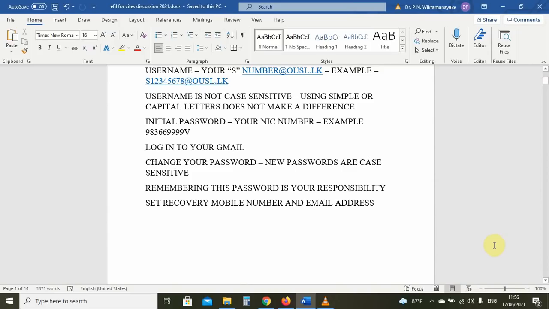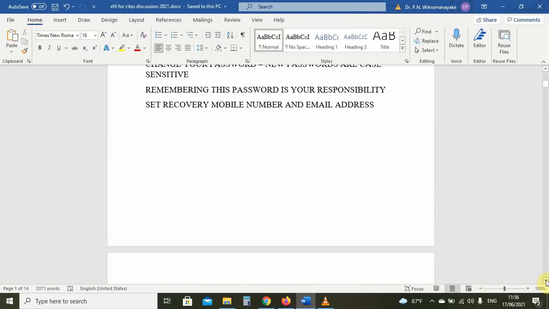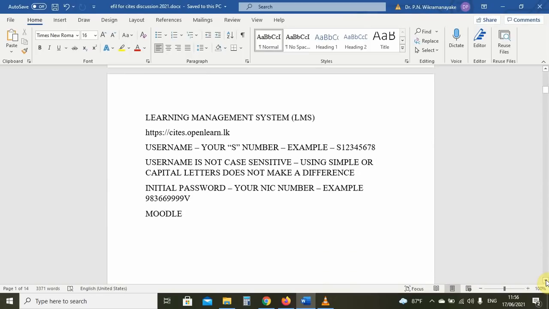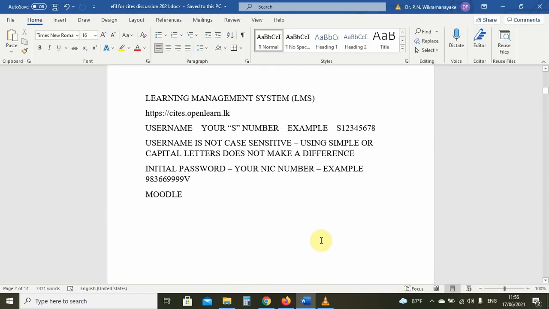Now that we have covered how to access and activate your Open University Gmail account, let us move on to how to access and activate your account on the learning management system. The website is given here, cites.openlearn.lk, and here to log in your username is now only your S number.